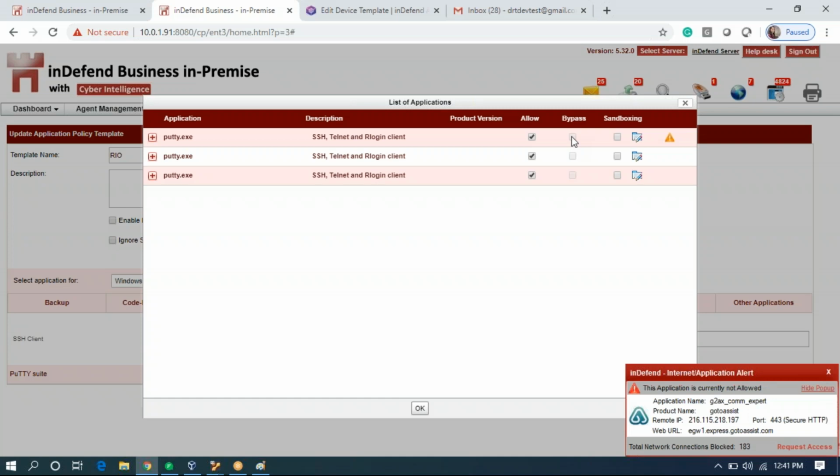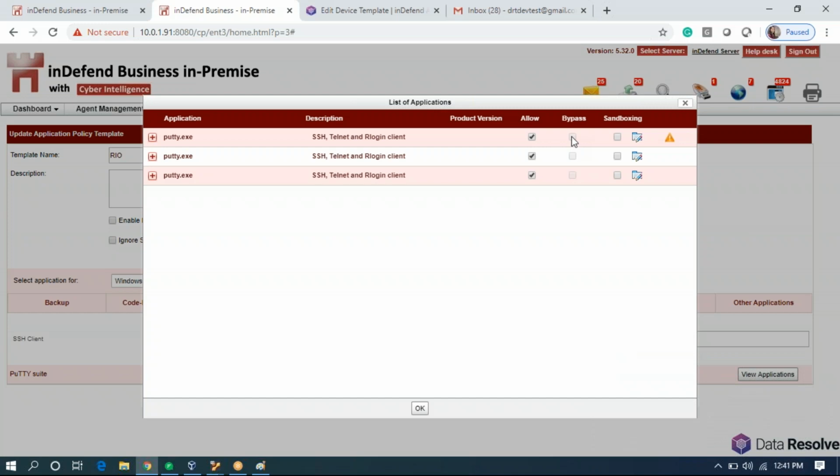Indefend will not interfere with that application, and not monitor it. The second one is sandboxing. For example, you say, Dipali, I want putty to be allowed within my organization. However, I want putty to only be able to connect to the set of IPs that I decide. That is where sandboxing comes in.